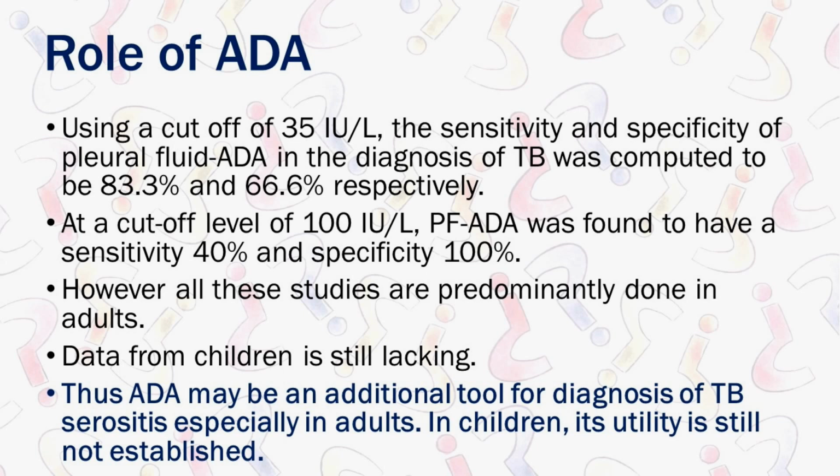Okay, data in children are lacking. So you understand that we don't have data in children. That does not mean that it's not useful in children. So how does the interpretation change after that? So interpretation is that if one of them or few centers do a study on pleural fluid ADA and correlate it with the pleural fluid gene expert or PCR or culture and see what's the sensitivity specificity. If that turns out to be good, then in children it's recommended. Till we don't get the studies, we don't know how to interpret it. Okay, so we will have to correlate it with the gold standard.